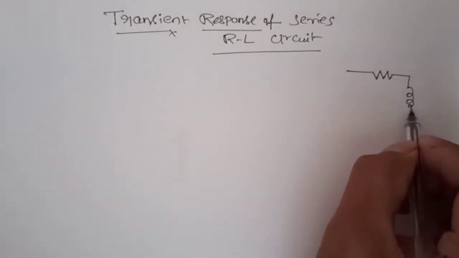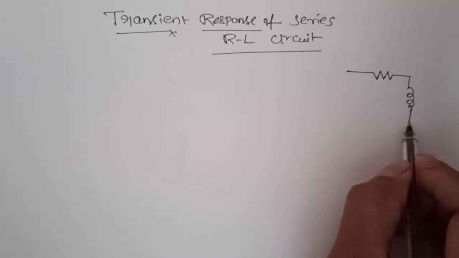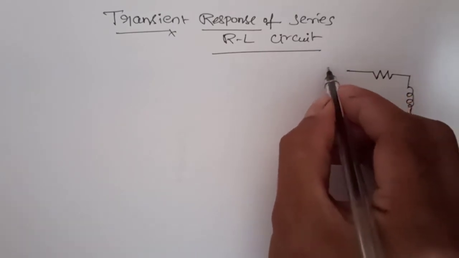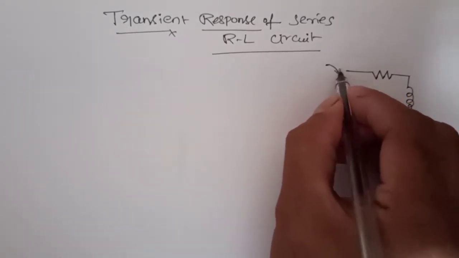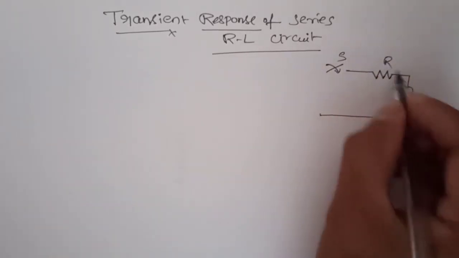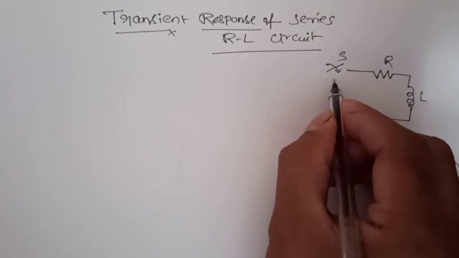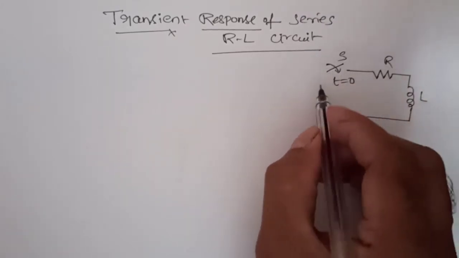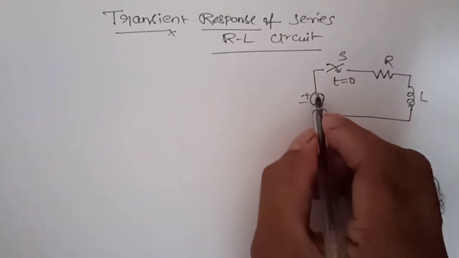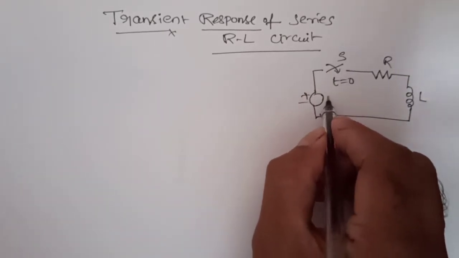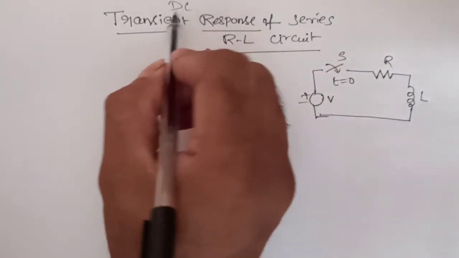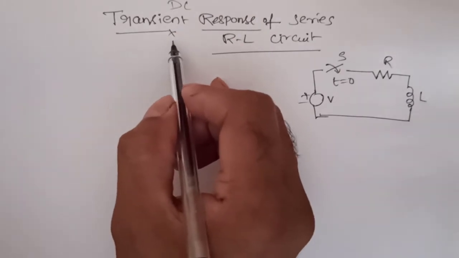having a resistor and an inductor. A switch S is connected here, and the switching action takes place at t equal to 0. Initially the switch S is open and it will be closed at t equal to 0, and we are connecting one DC source V, and here we are going to discuss the transient analysis of the series RL circuit for